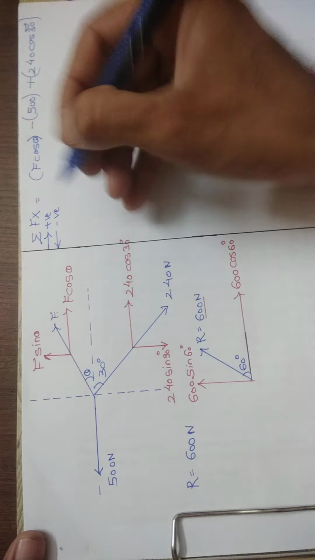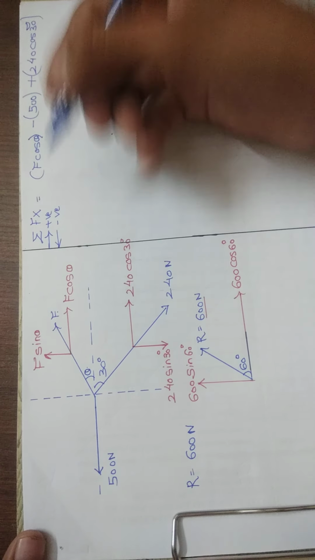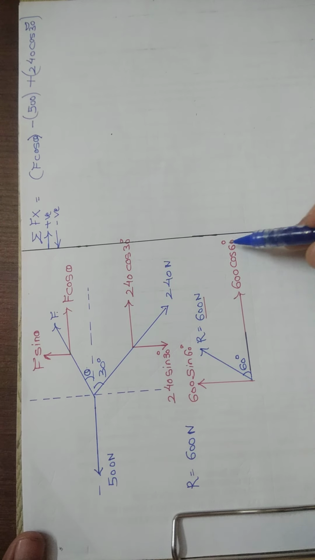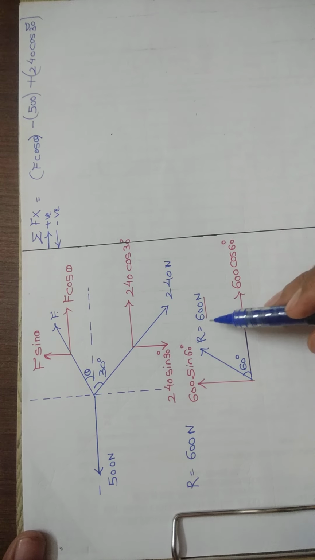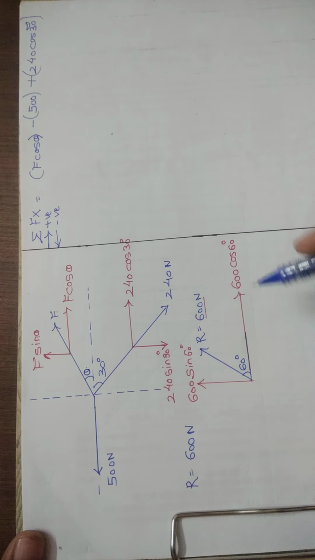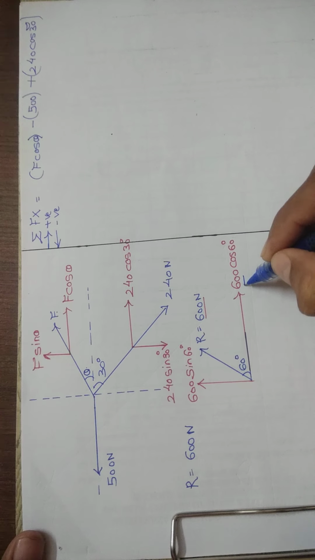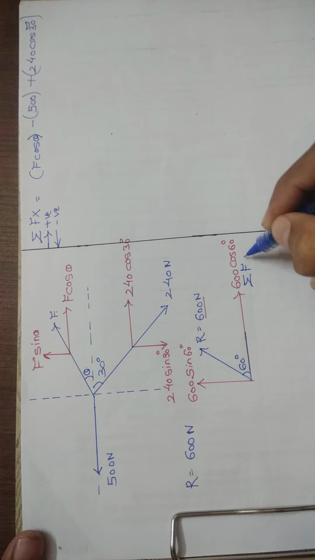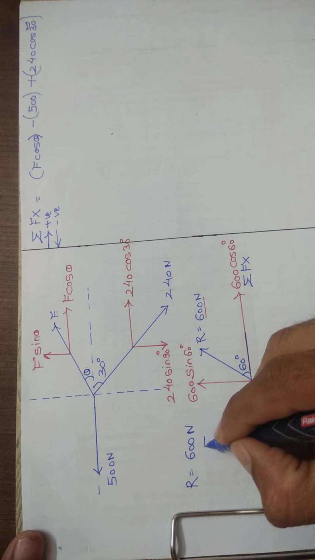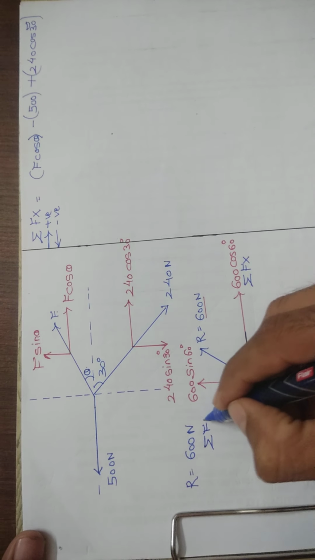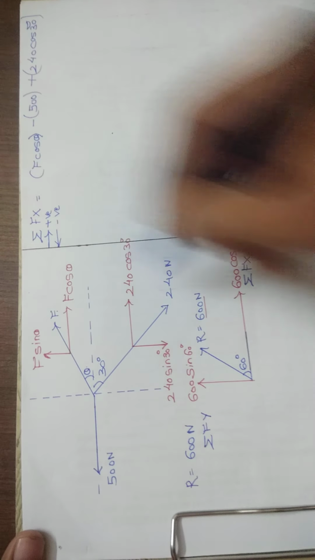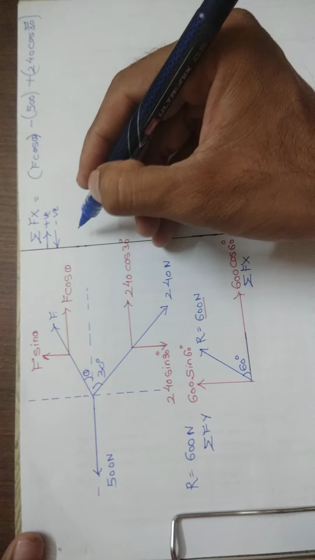Cos of 30 degrees. Again, there is a condition given for this: the horizontal resultant is 600 cos 60 degrees, which is Fx. That means the resultant will have its x component and its y component. So this 600 cos 60 is as good as Fx, and this 600 sin 60 is as good as Fy. Okay, so this Fx has a value of the resultant as 600 cos 60.